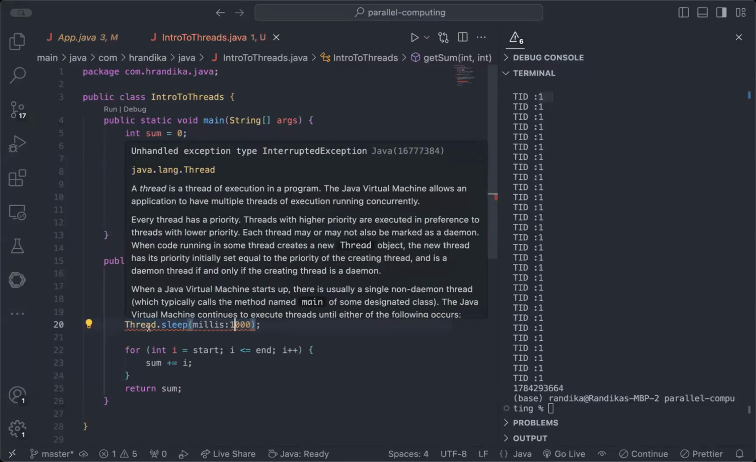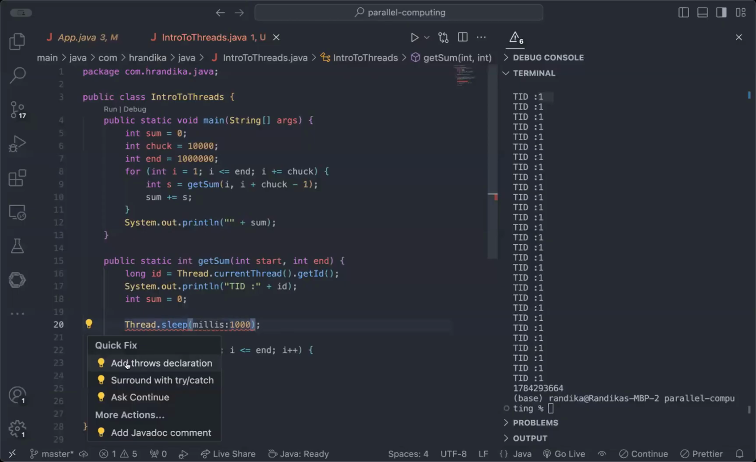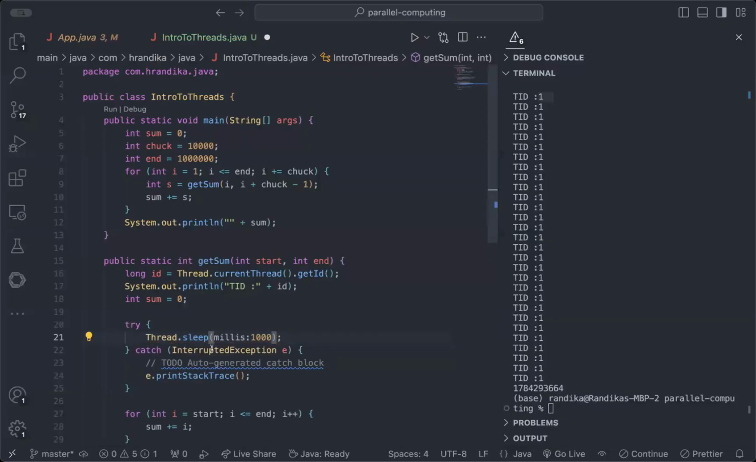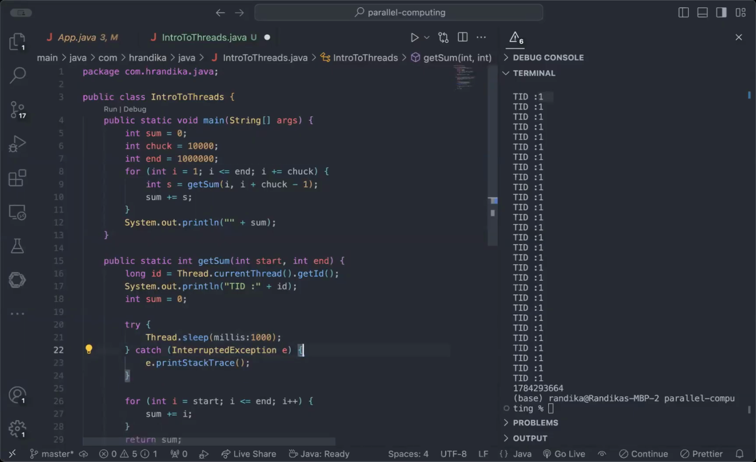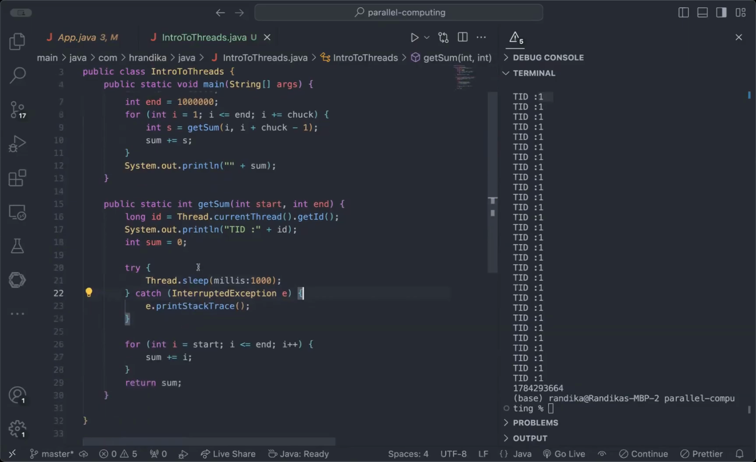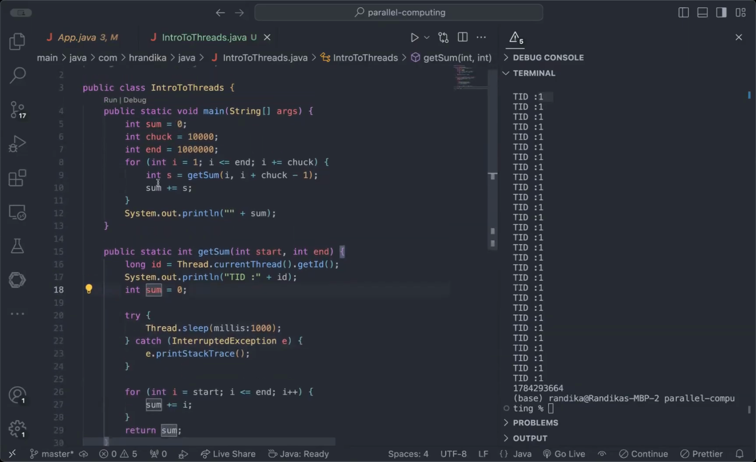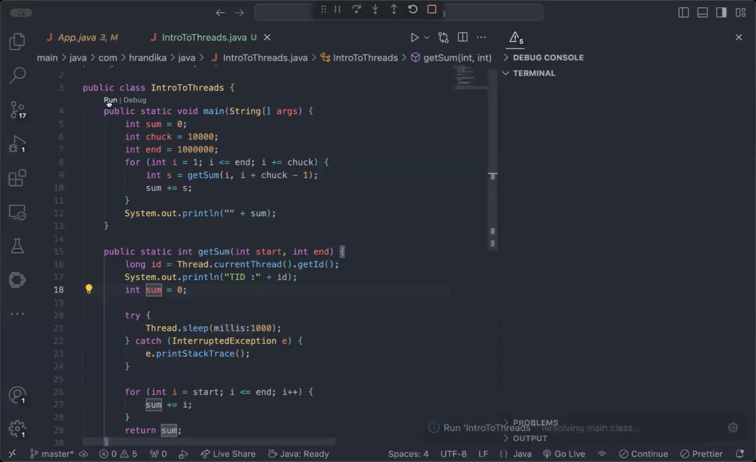Why? Because this is an interruption exception. We can interrupt thread execution anytime. That means if you think a thread is taking too much time, we can interrupt it and stop the execution. So we need to try-catch it. Any exception that happens, we need to catch it. Now if I run this, let's see the output and how it goes. Okay, if I run it again,